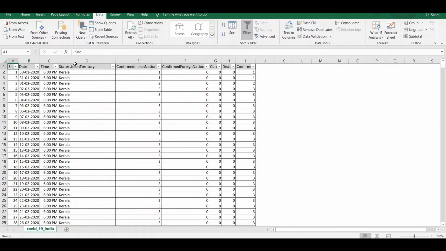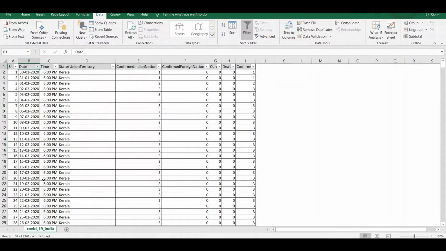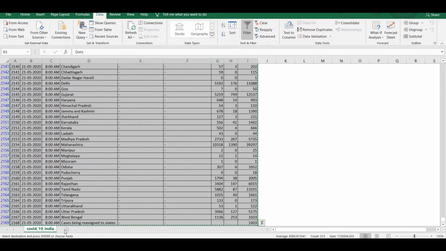So for the first part of the tutorial, I'm only going to use the dataset for 21st of May. I'm going to go ahead, filter it out, and copy this into another sheet.